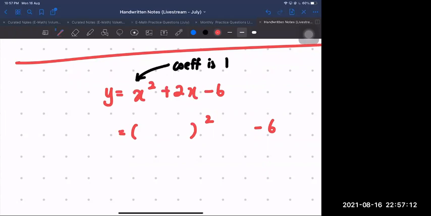Now, next thing to do is to always copy. You see an x squared here, you copy the x down. You see a plus sign, you copy the plus sign down. Okay, x plus. Next thing to do, take the coefficient of x, divide it by 2. So this is 1. Let me write this down for everyone. Divide